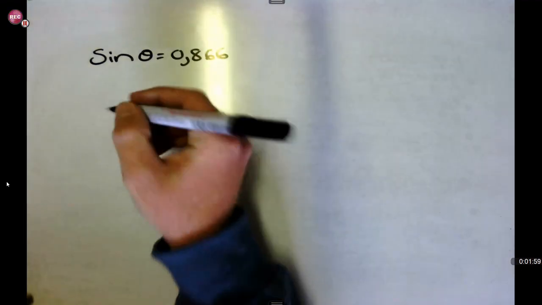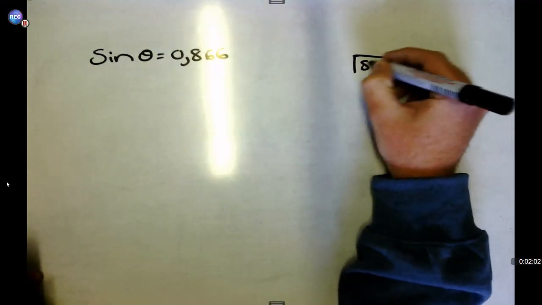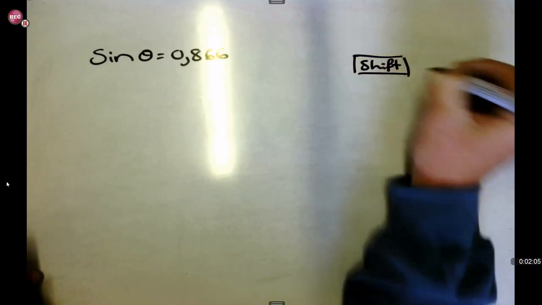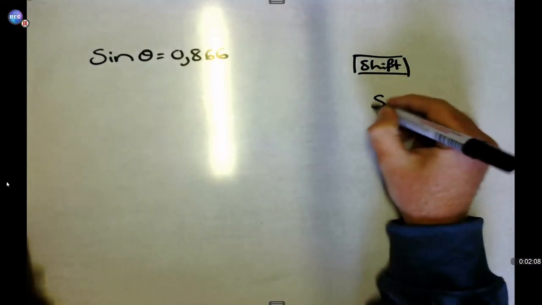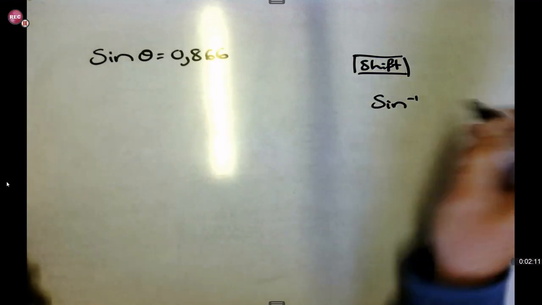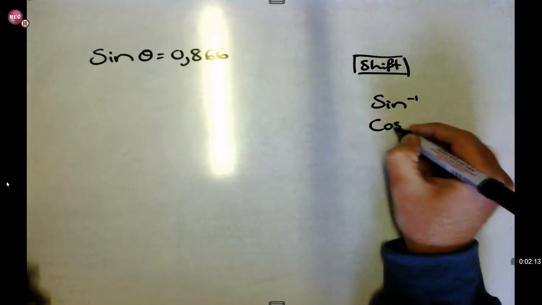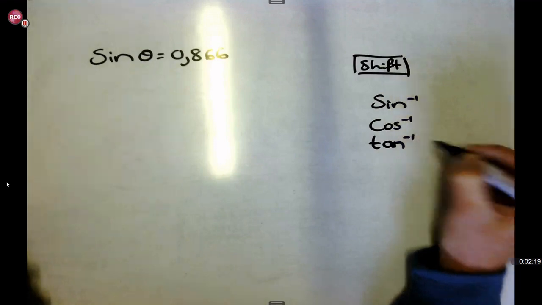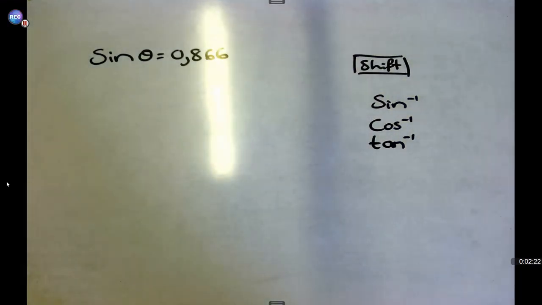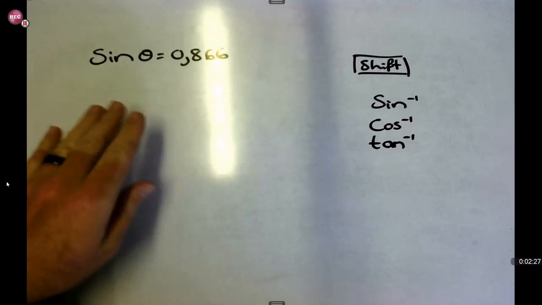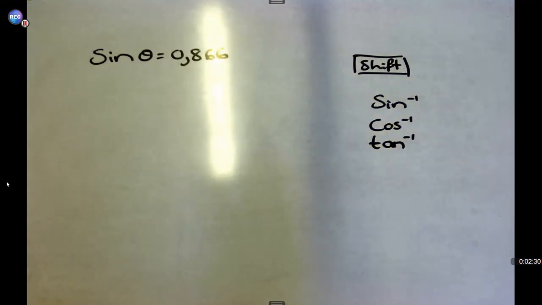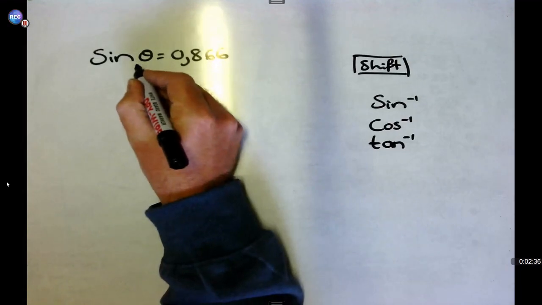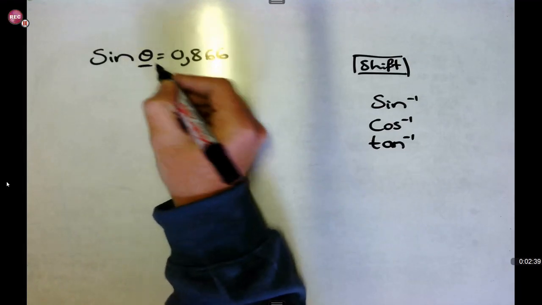When you press shift and then your function for sine, it will give you the following: sine to the power of -1. If you do that with cos, the same thing, cos to the power of -1, with tan as well, tan to the power of -1. Okay, the reason why we do this is to get the angle of the functions. We don't want the length of the function, we want the angle for that certain variable or whatever we are working with in that case.